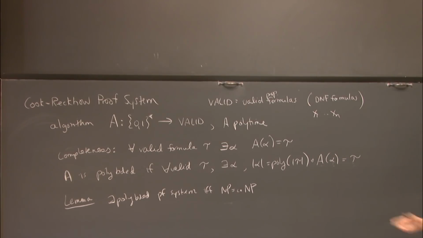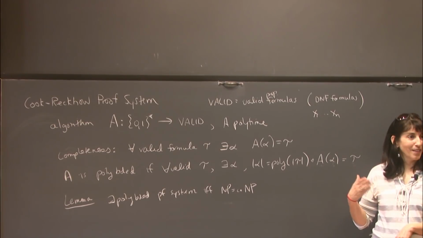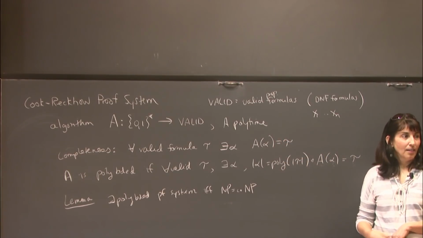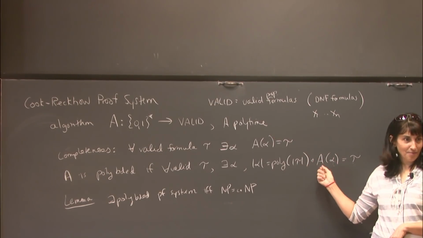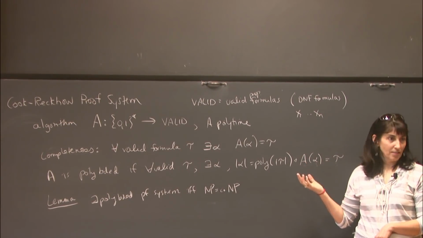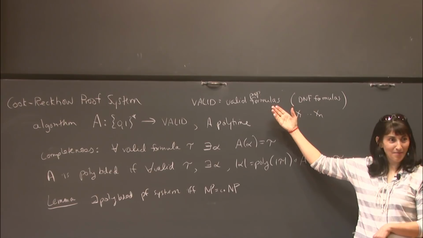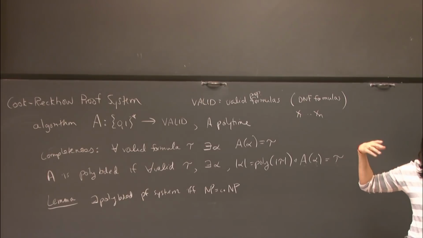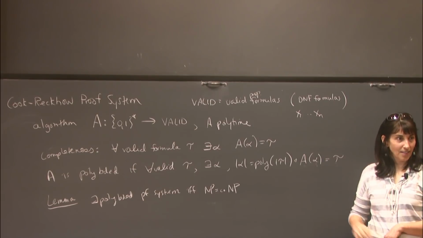But today I'm going to tell you about specific proof systems that people study a lot. Frege systems, they're standard rule-based systems where you start with some axioms and some rules, and they can be algebraic, they can be more propositional. The propositional ones are all very easily seen to be polynomial time verifiable. We'll see that the algebraic ones are sometimes only verifiable in probabilistic polynomial time. We think that there should be polytime verifiers for them under the assumption that you can do polynomial identity testing in polynomial time. But at the moment, a lot of the algebraic ones are just probabilistically polynomially verifiable. But we'll get to that